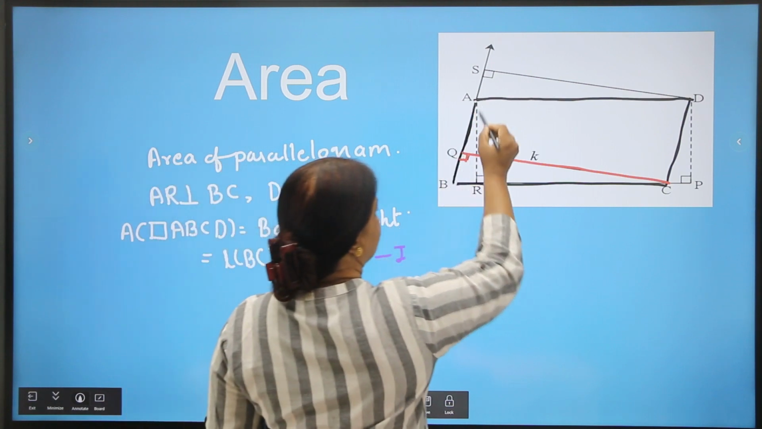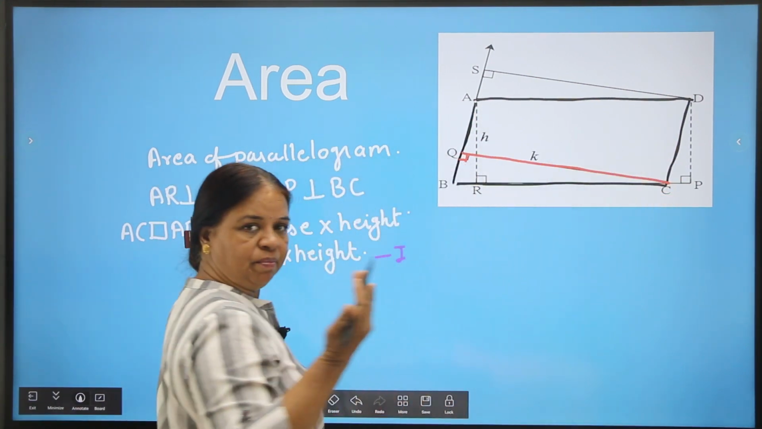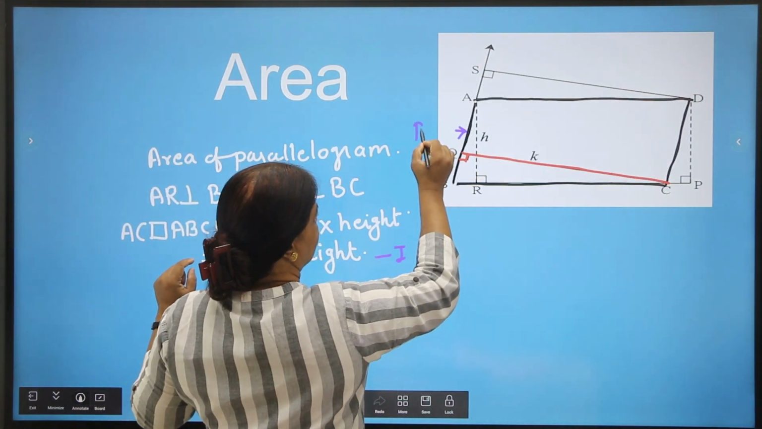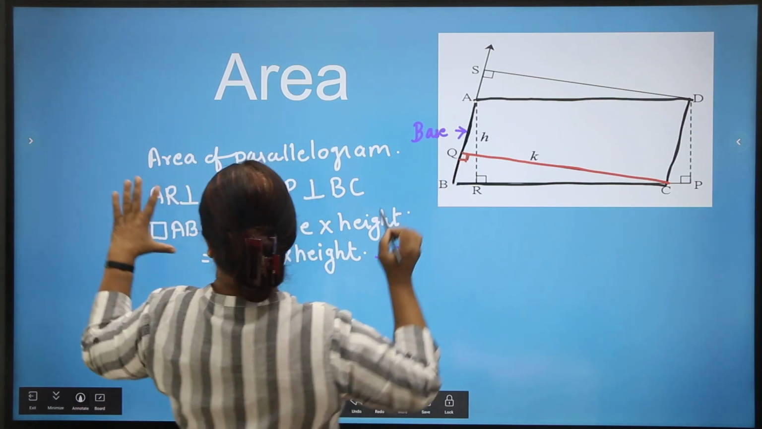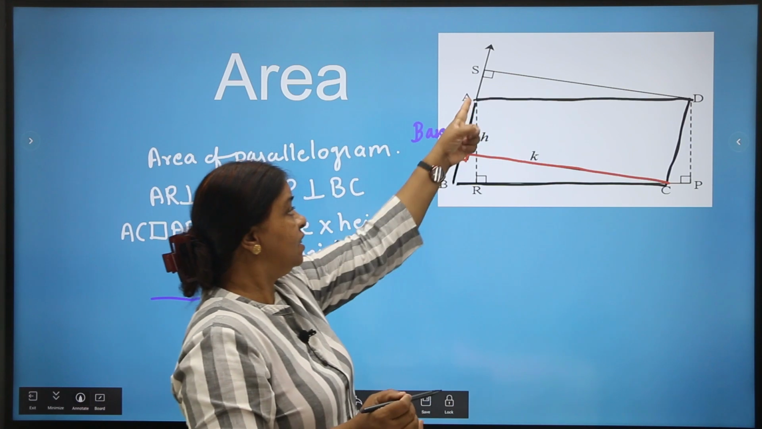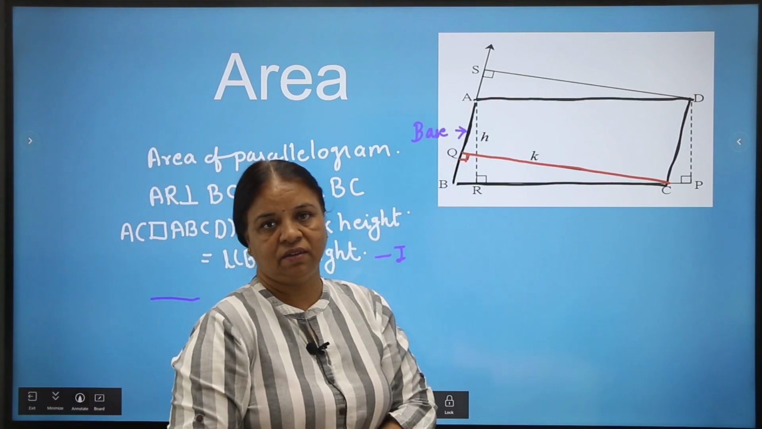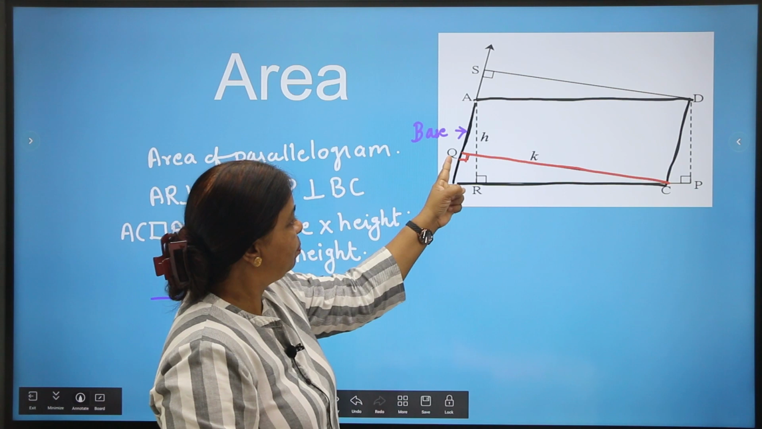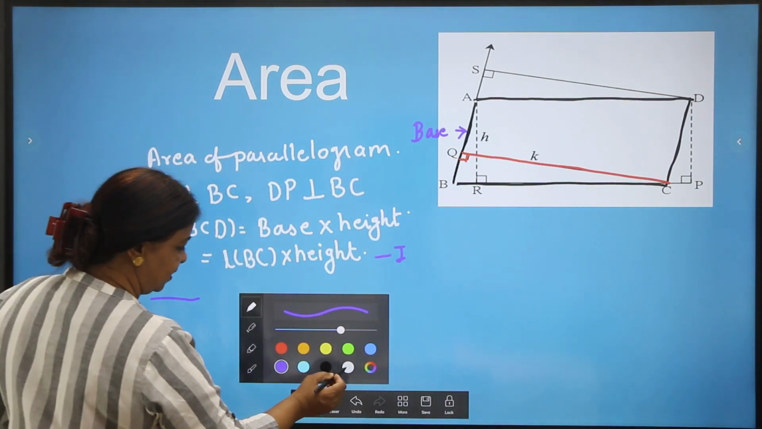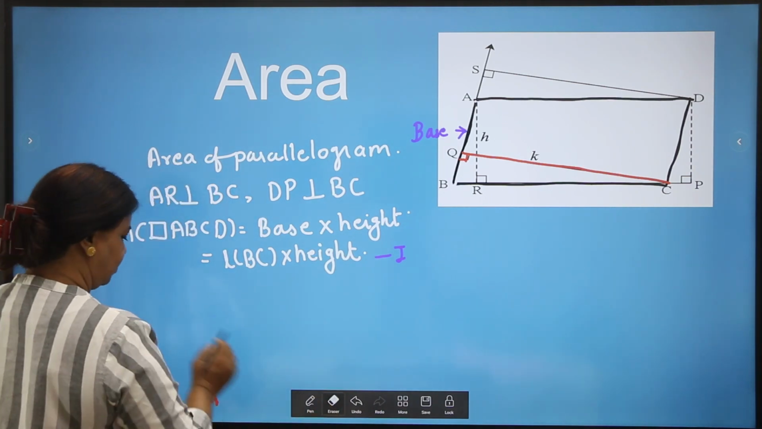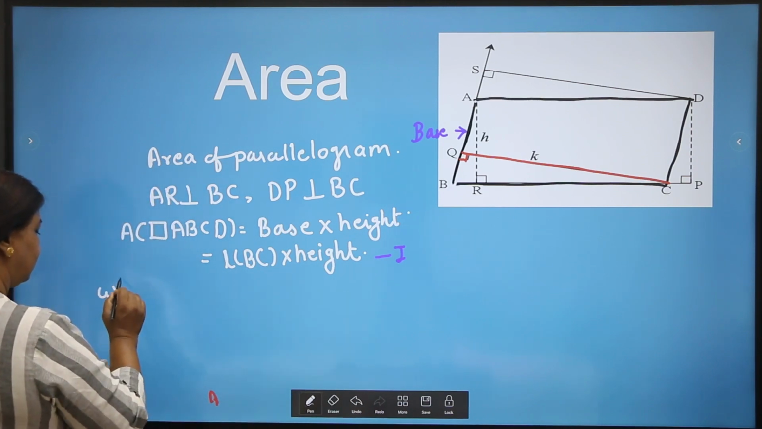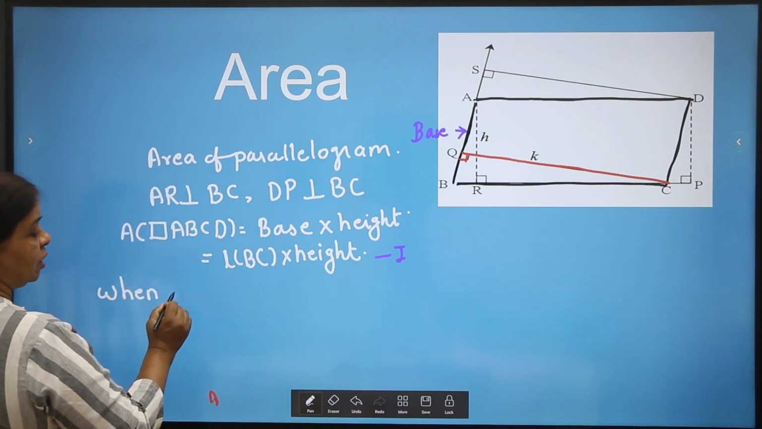Now children, I am considering ABCD, the same parallelogram. This time the base is AB. In the earlier case, I considered the base as BC, but now the base is AB and the perpendicular height is what? CQ. So let me write it here. When AB is base,